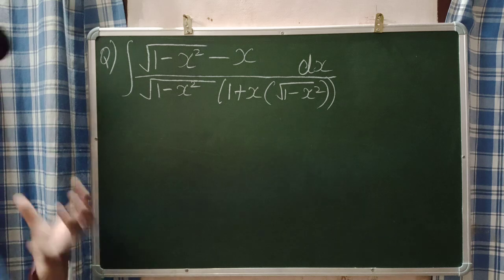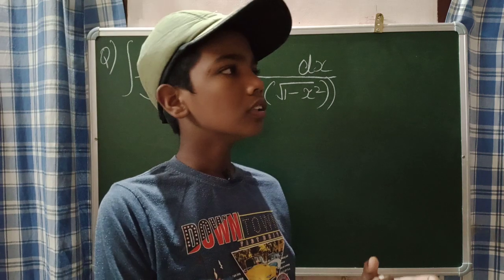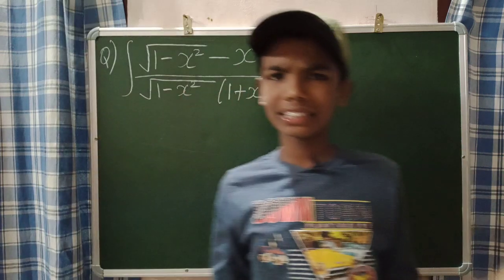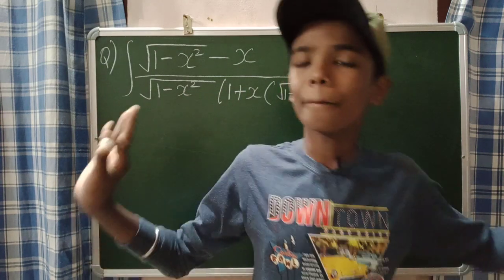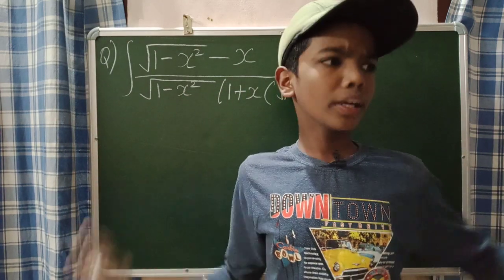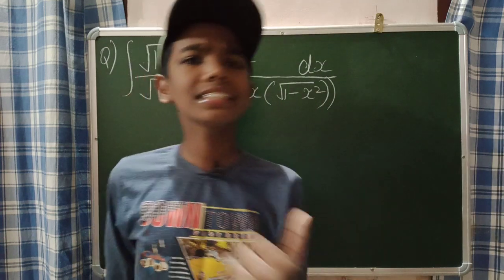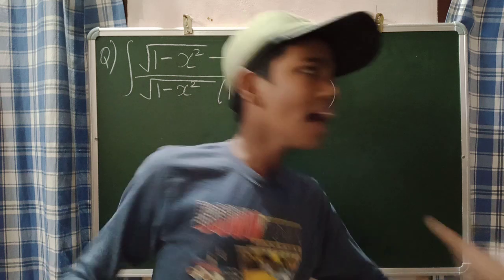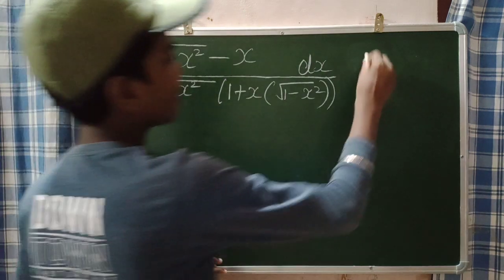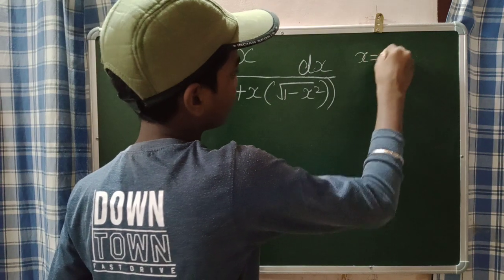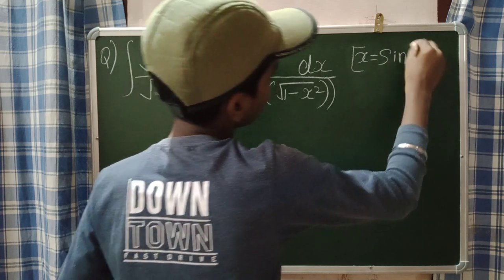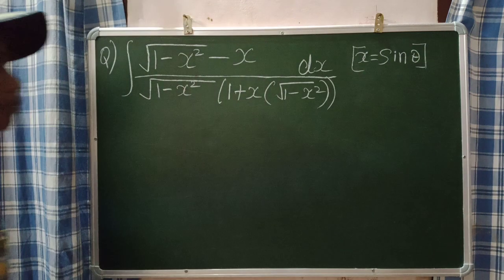This is an indefinite integration question, guys. The main twist of this question is the value of x that you are going to take. Here you are going to take x as a trigonometric ratio. That is a clue which I am giving. The ratio I am going to take is x as sine theta. What is the reason behind taking x as sine theta? That is where your exposure comes.